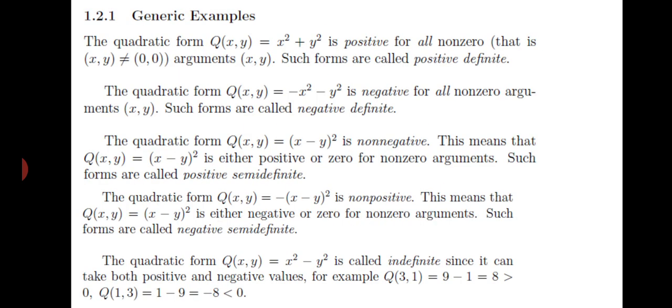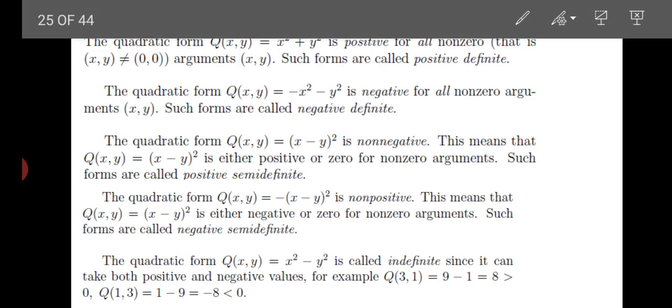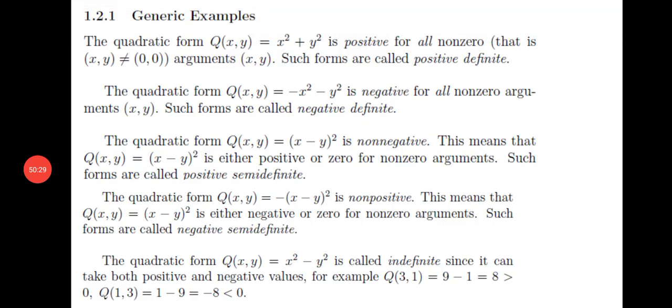Now come to positive definite, negative definite, and all these things. Time is going very fast, 50 minutes, so in 5 minutes I will try to cover these two things. What is the meaning and significance of this quadratic form? Let's say you define Q as a function of the variables x and y, defined as x square plus y square. When you take any value of x and y, except 0, or any non-zero value, it always comes out positive.